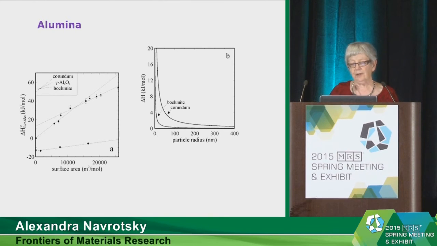We see then that as one increases the surface area of a material, one makes the material more metastable. But if one increases the surface area of a material that is initially metastable by a smaller amount for a given surface energy, that is, for a given surface area, that is, with a lower slope of the roughly straight line relating enthalpy and surface area, there can in fact be a crossover. Or if we look on the right as a function of particle size, of course if the energy goes with surface area, particle size and surface area are not linearly related, so one gets a different shape of a curve,